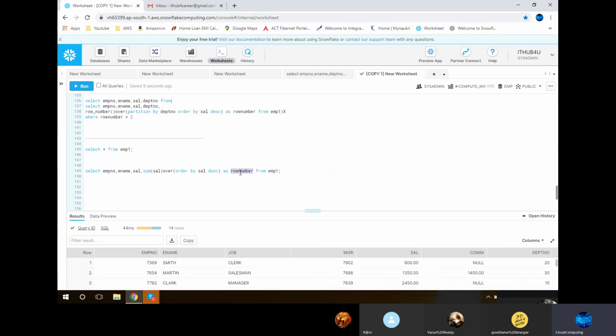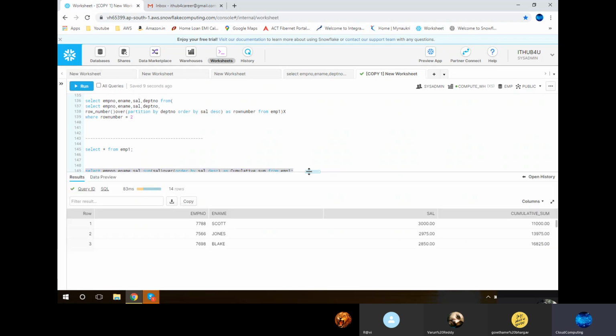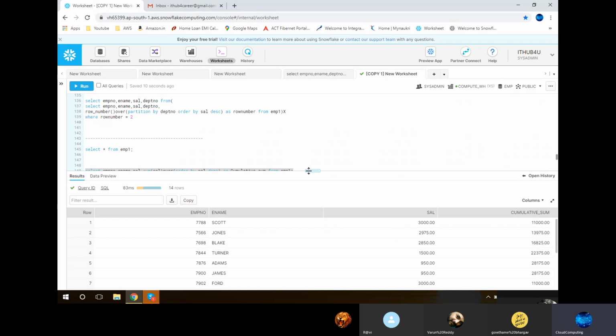So here you can say it is nothing but a cumulative sum. We'll see what is happening based on the output. Okay, so it looks something like this.